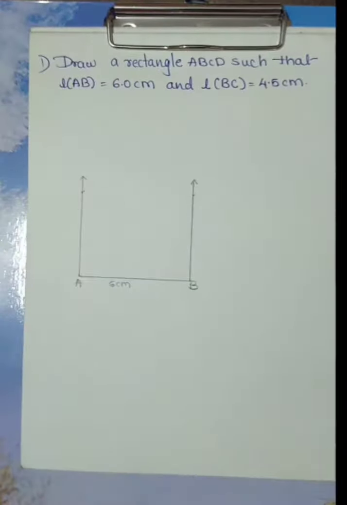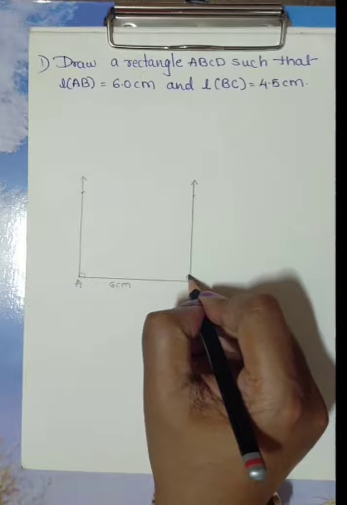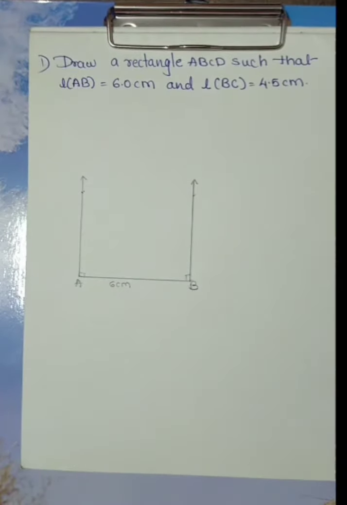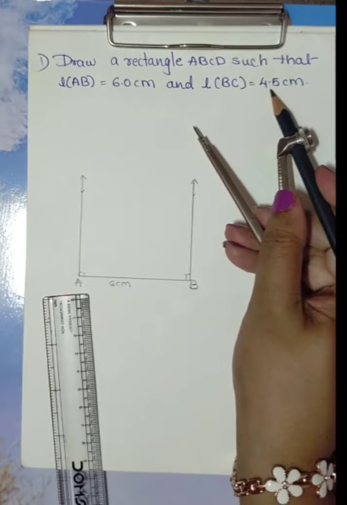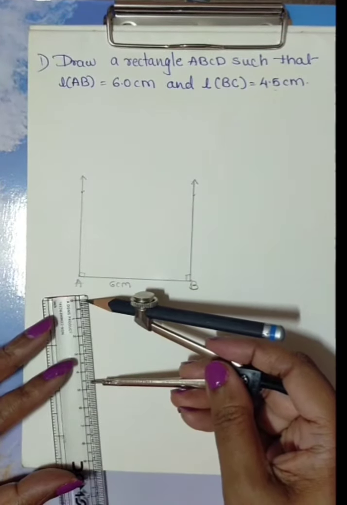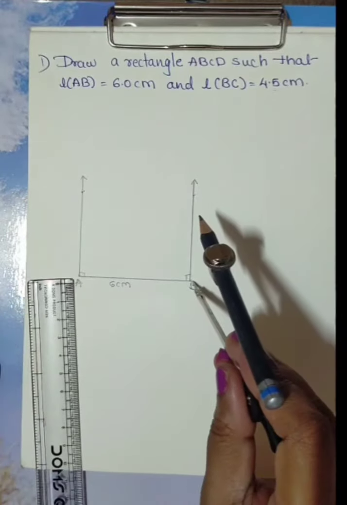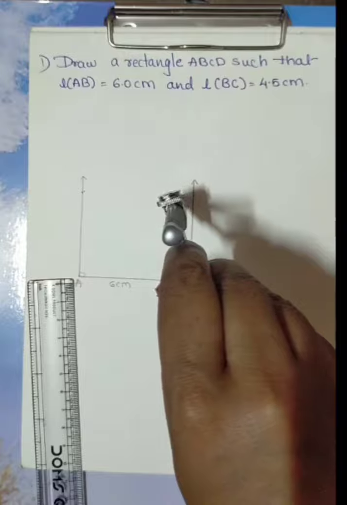So this is our 90 degree angle. Now what is given? BC, length of BC is given 4.5 centimeter. So here 4.5 centimeter. So I will draw an arc